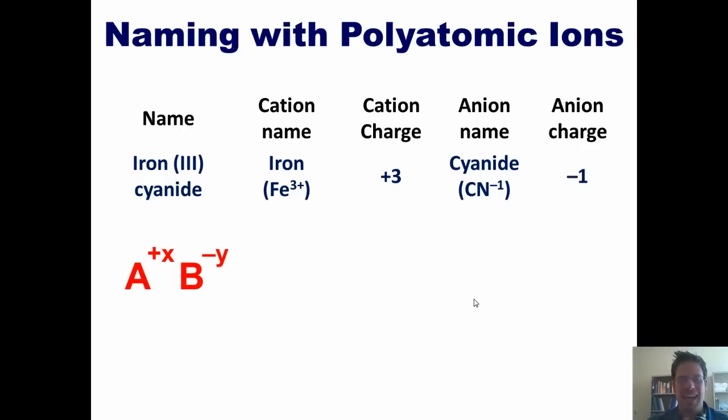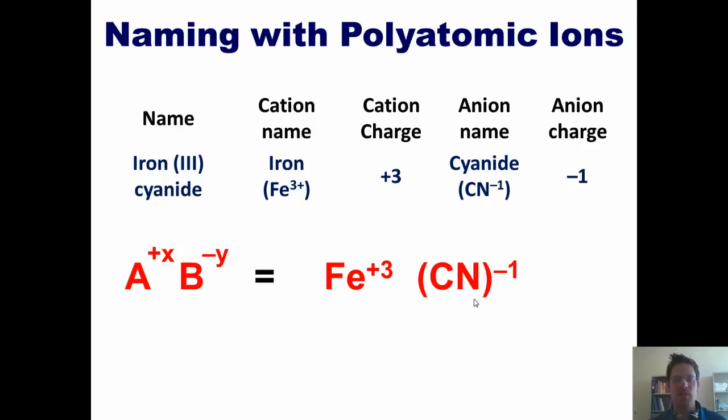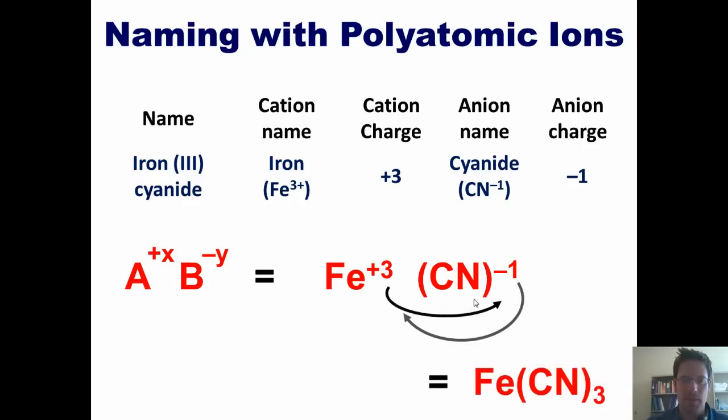In this particular case, the letter A is Fe, and the letter B is CN. Now remember, I put parentheses around that, and I just treat all of CN as if it were just one element, B. The plus X in this case is +3, and the minus Y is -1. I now apply my transposition of charges to become subscripts,